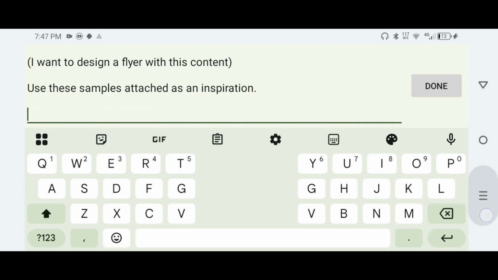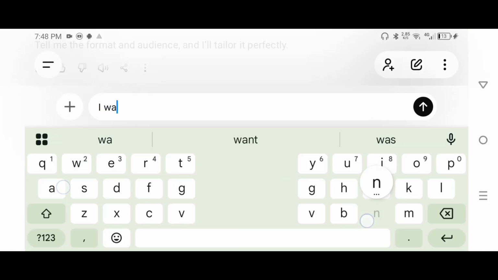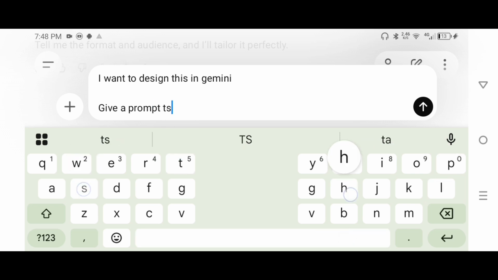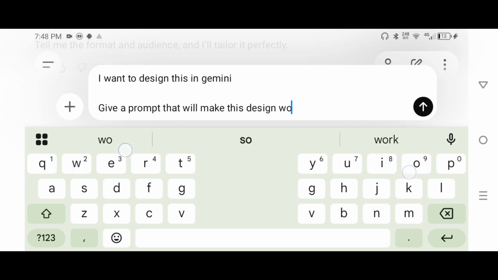So go back to ChatGPT and say something like, I want to design this in Gemini. Give me a prompt that will make this design world standard. I put that in,